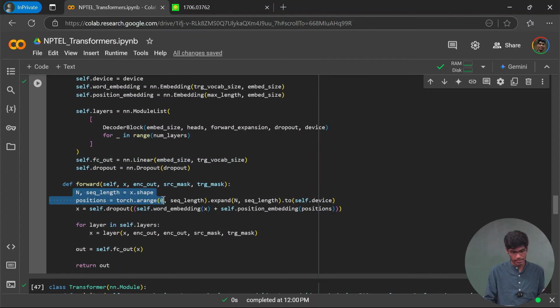So this is the input to the decoder, the positions. So what we do is we first take the word embedding, add the position embedding, add a dropout, and then for every layer, we just pass on the current input to the decoder, the output of the encoder, and the source mask for masking the padded tokens, and the target mask for masking the